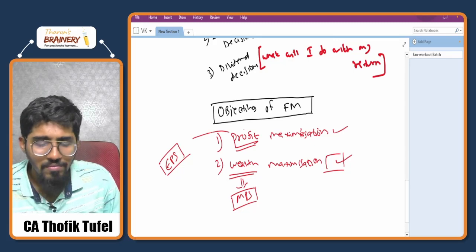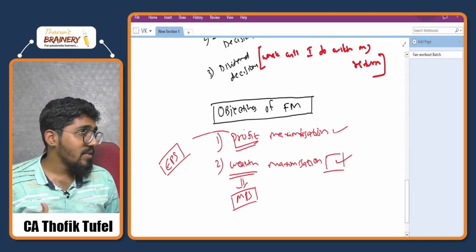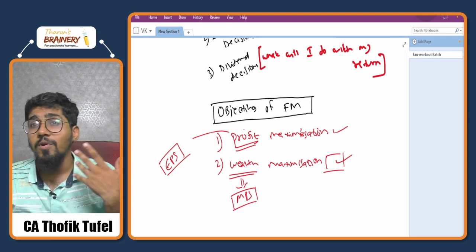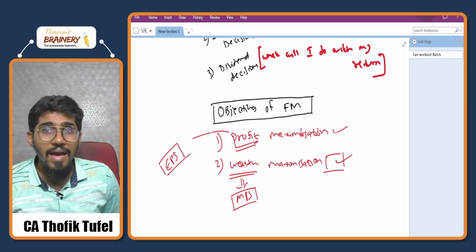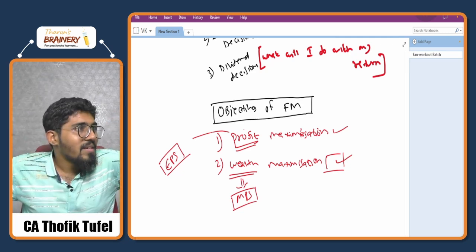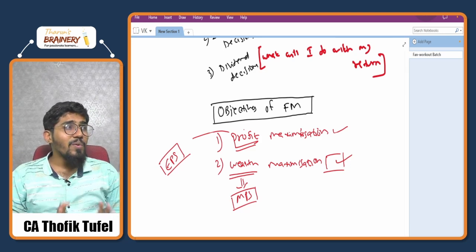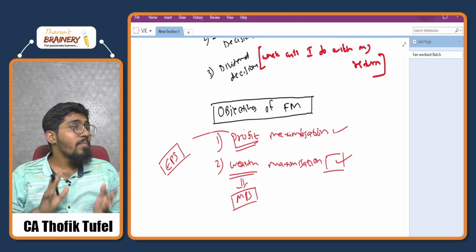So with this, our chapter number 1. See, I always do that. We always have to celebrate small victories, correct? It is not that only big victories have to be celebrated. We have to celebrate the smallest of the smallest victories. So what does it mean, sir? Now our chapter number 1, which is Introduction to Financial Management, is completed, it means we have to celebrate with claps.